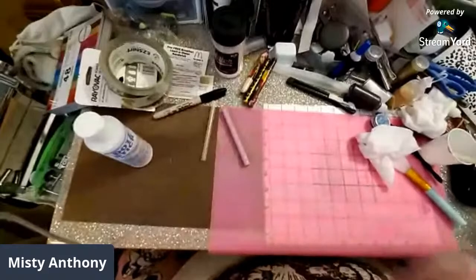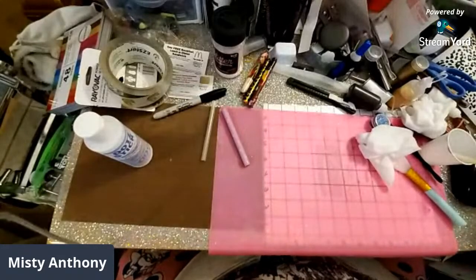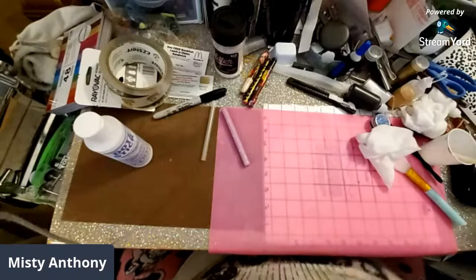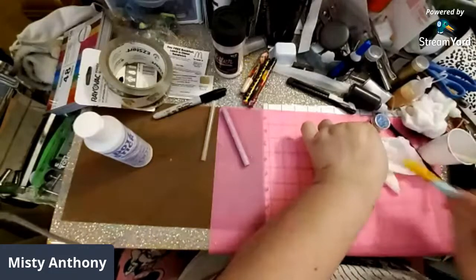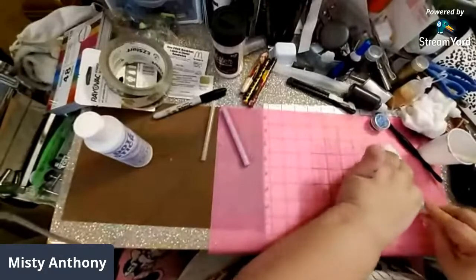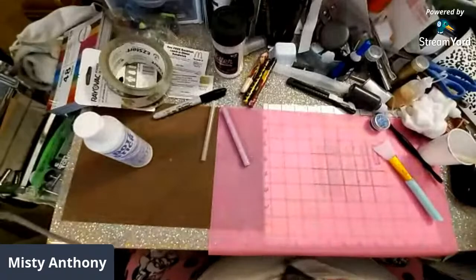So since I'm not handling resin anymore, I lost my little stool. Okay,